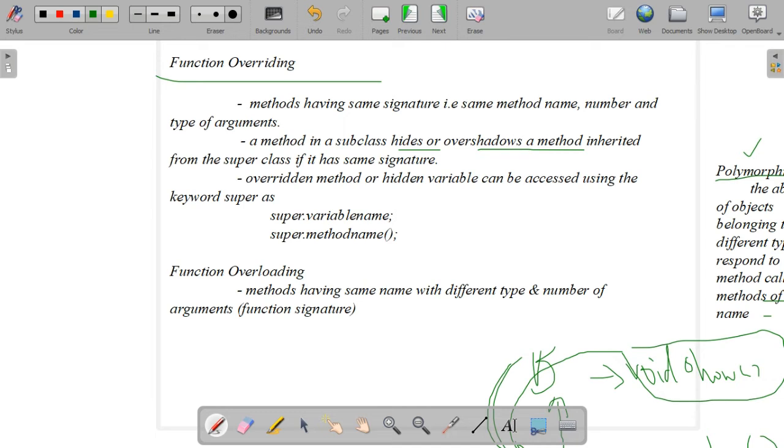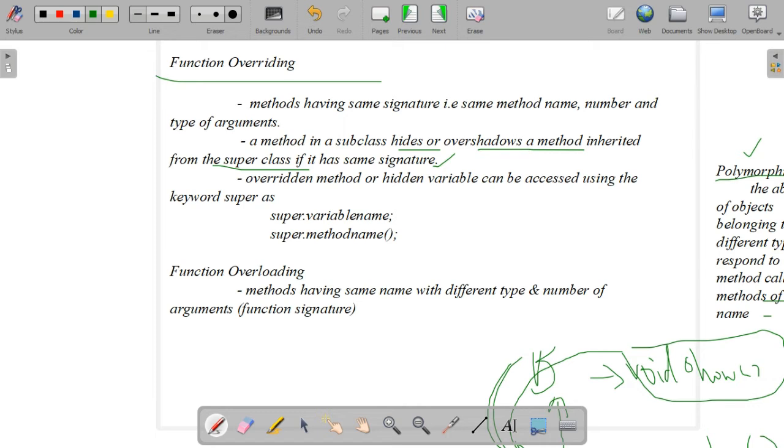Yes, this concept is known as function overriding. So function overriding is popular where it's based on inheritance programs. Okay. So function overloading and function overriding are two types of polymorphism. Function overriding means it has the same signature, same name, same number and type of arguments.